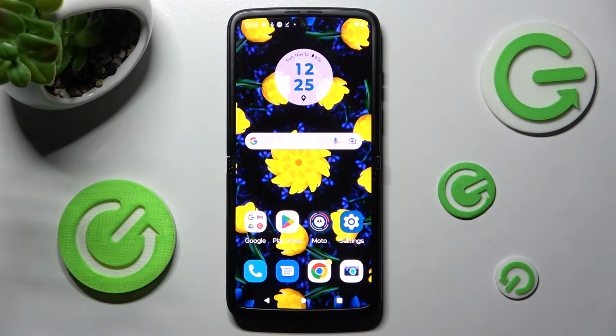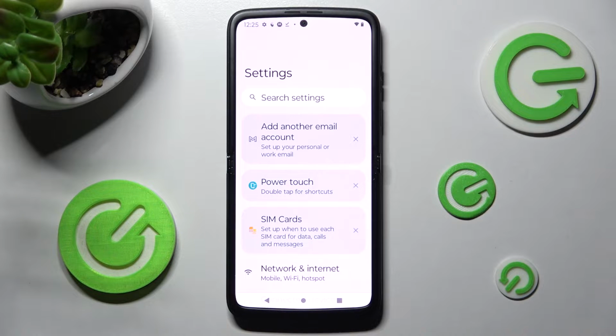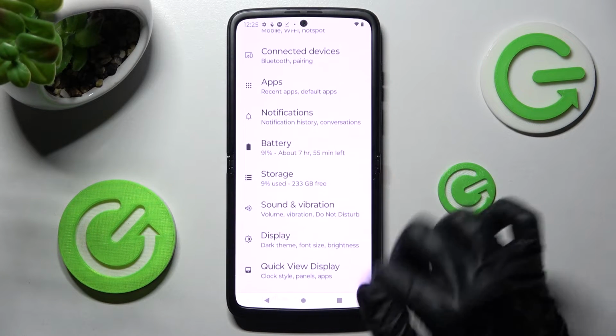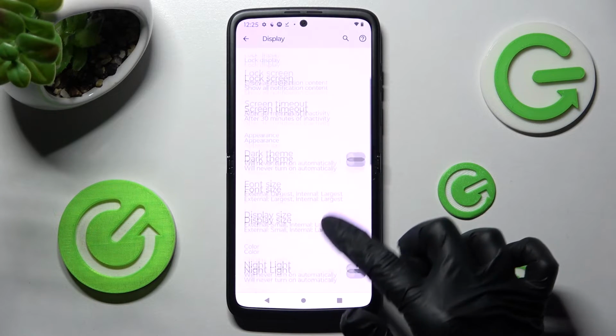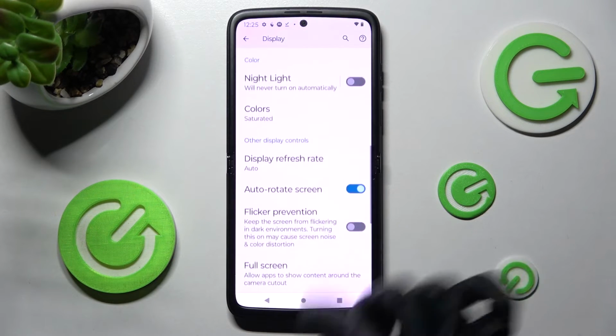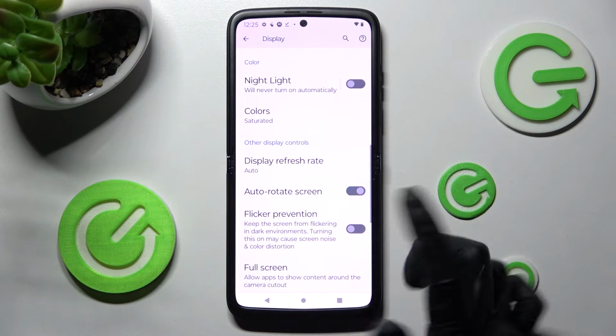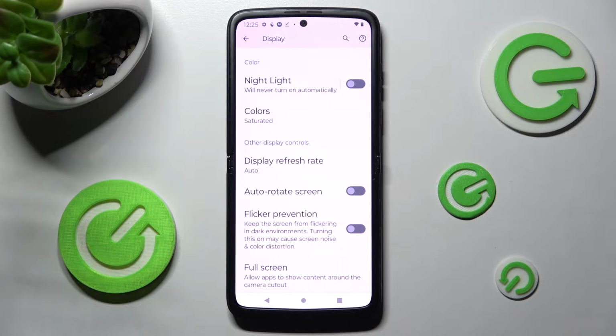First of all, you need to open device's settings. In them, scroll down and tap on Display section. Now scroll down again and click on this switcher next to Auto Rotate Screen. As you can see, mine is grey. That means that automatic screen rotation is off, but you can always turn it on by clicking on the same